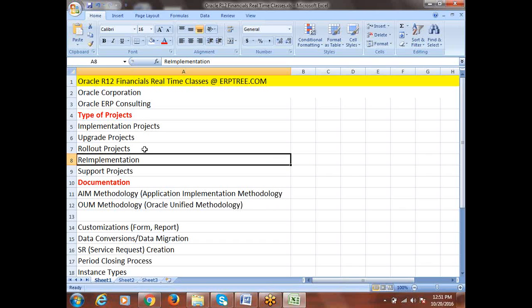If somebody says tomorrow we are going to conduct a CRP, yes, you know what a CRP is. Before the CRP, what needs to be done or what is already done, and after the CRP what we have to do, the in and out of the process you will know. So it will be very easy for you to survive in whatever environment you get. Okay, so again we'll talk about supporting projects at detail level.